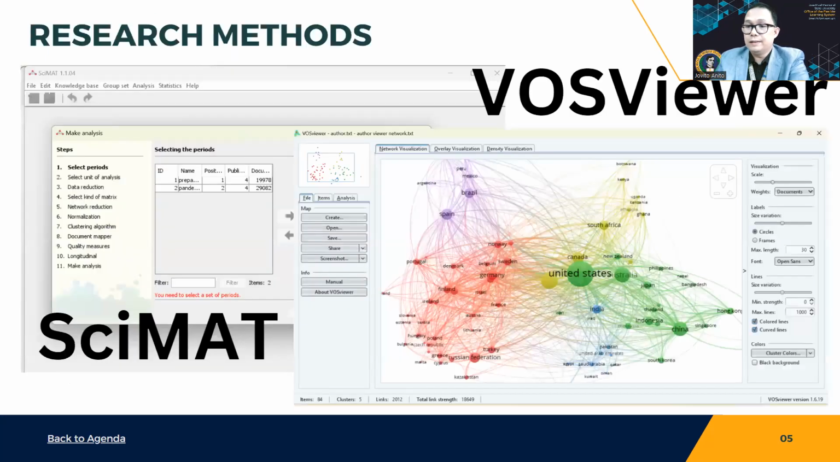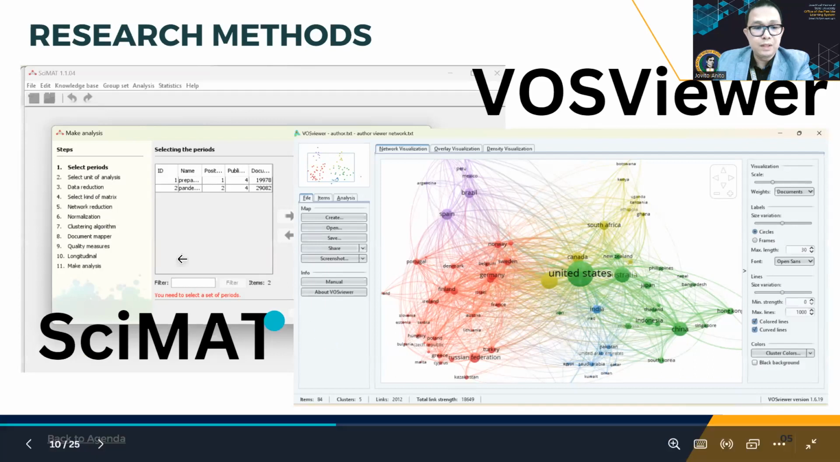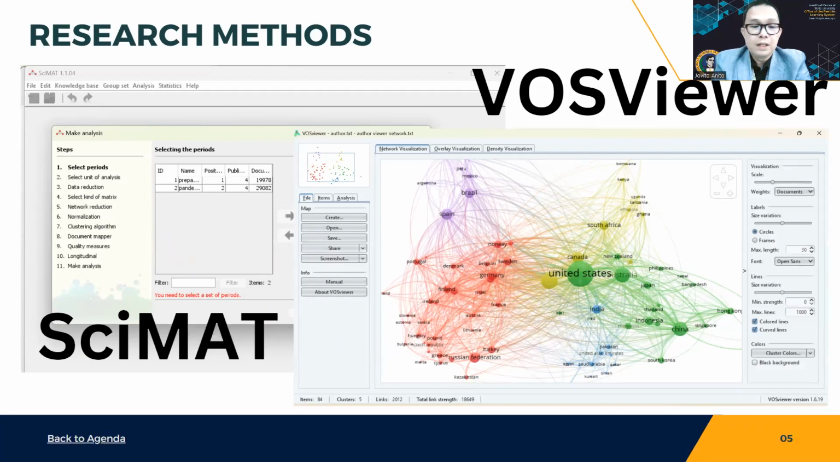So these documents were downloaded in RIS and in CSV formats. The RIS is the format that can be read by SciMAT, and the CSV format is the format that can be read by Excel and the VOSviewer. So this is the interface of the SciMAT software and the VOSviewer. The SciMAT is on the left, which also presents the different steps employed in this